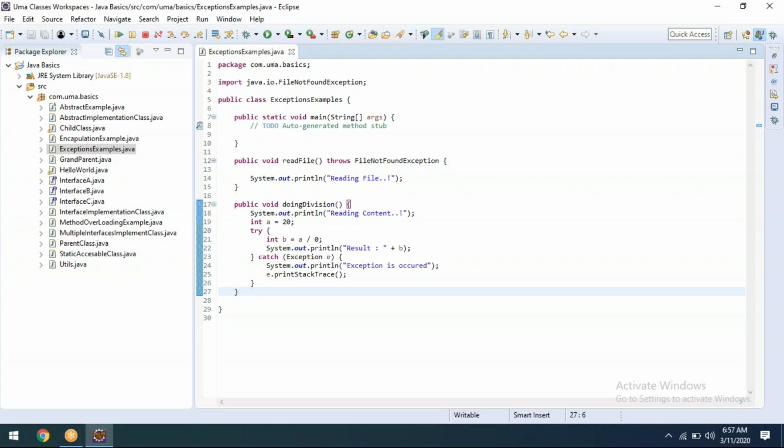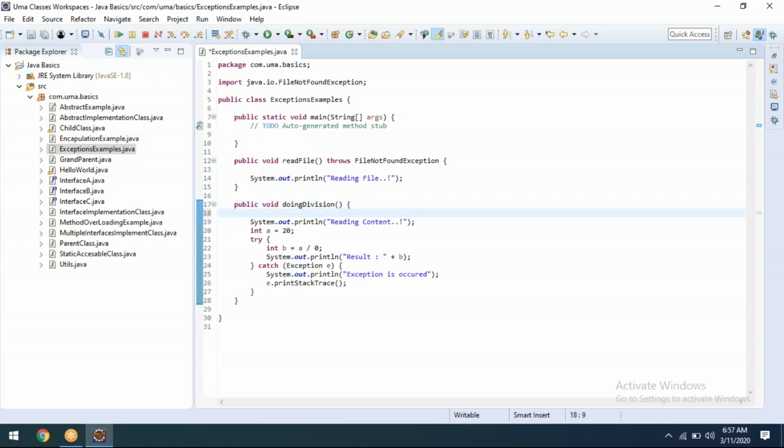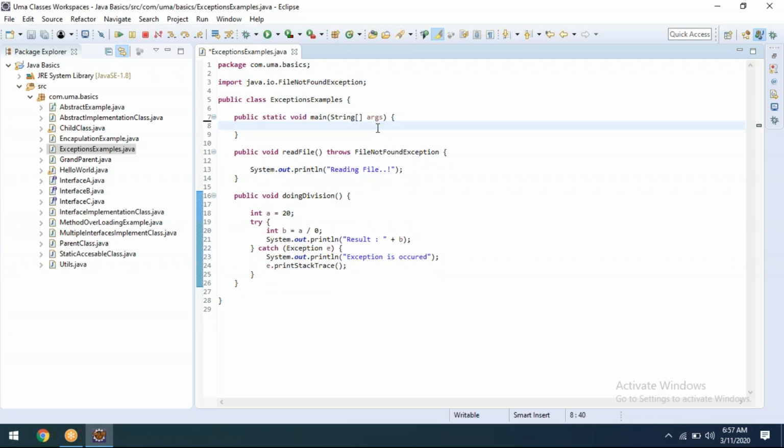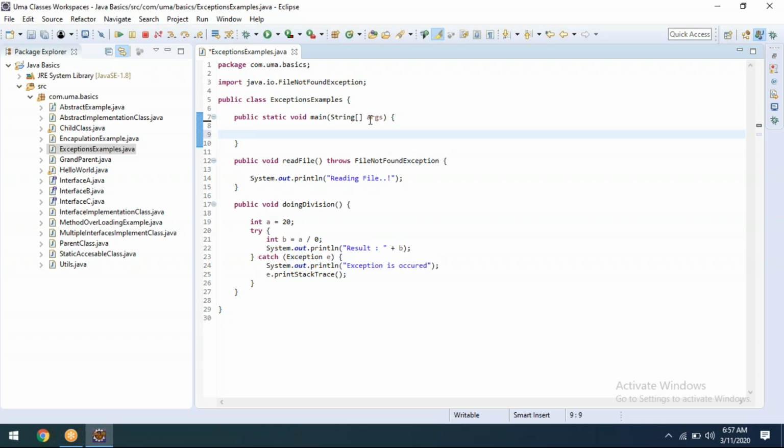Now see, here I have it like this. Let us assume I want to call these two methods here. Getting my point? How can I call these two methods?